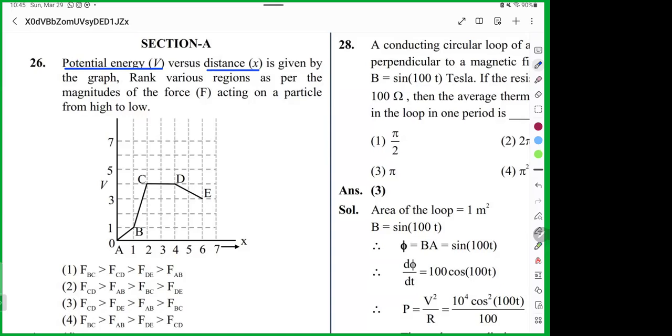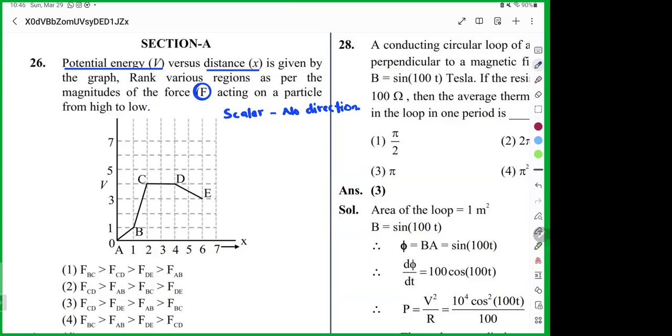First, potential energy is a scalar quantity. Whenever you talk about a scalar quantity, it does not have direction. No direction means magnitude matters, not the positive and negative side. In this case, rank the various regions as per the magnitude of the force acting, from high to low. So you know the slope of V versus X